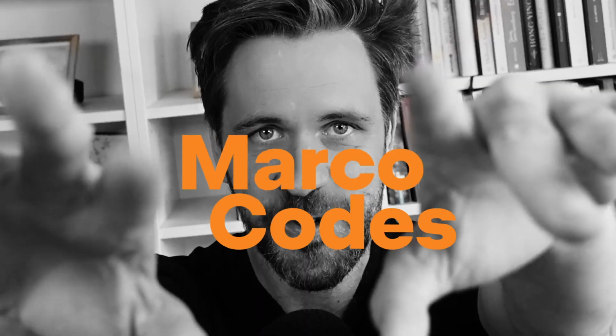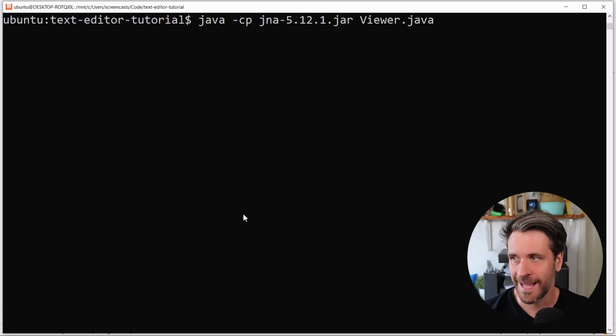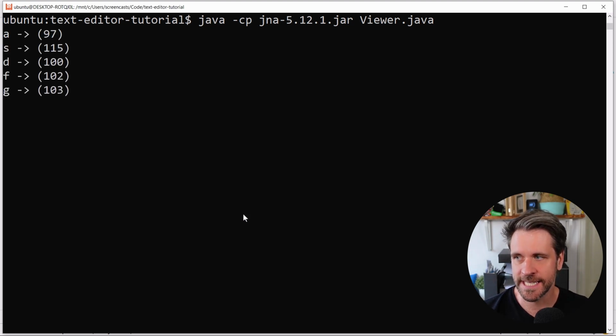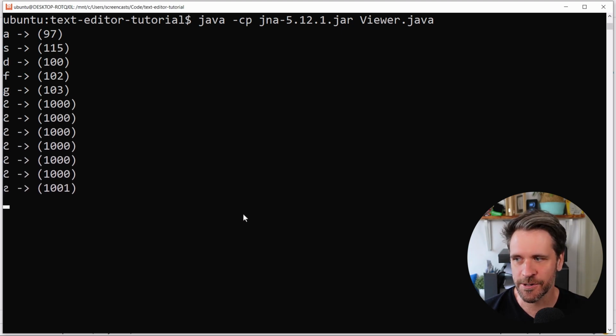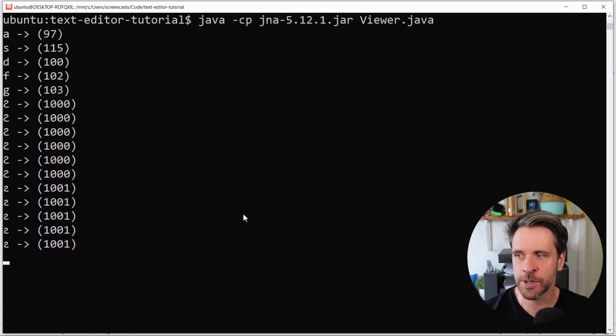Let's try it out. All right, rerunning our program. ASDFG, you can see that works as expected. Arrow up 1000, arrow down 1001. Pretty cool. So what we did actually worked. We just did a virtual key mapping. As soon as our program gets sent 3 characters, we just map it to 1. Pretty cool. Still, as an exercise, you now need to finish up arrow left, arrow right, page up, down, home